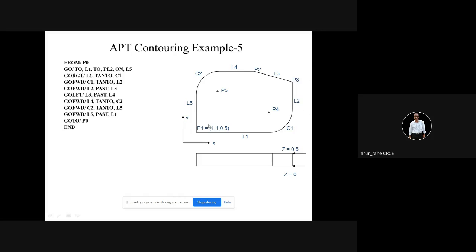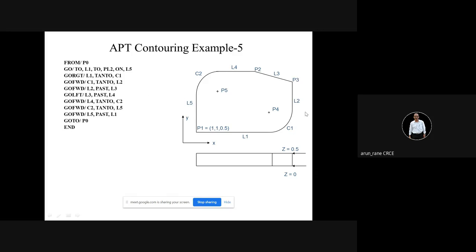Students get confused with the right and left, so that's why I suggest you can use go forward. That is safe because it can be used for the arc as well as for the line. For an arc, you must use forward. Don't use right or left for the arc. Forward can be used for the arc as well as for the line also.